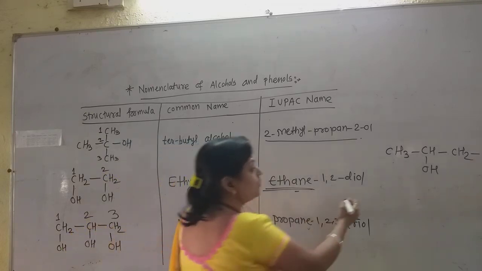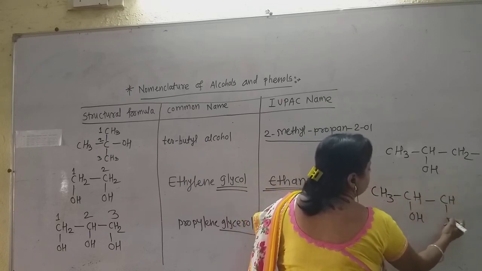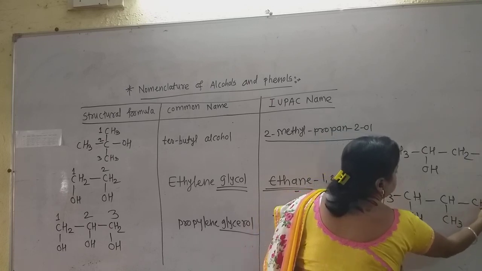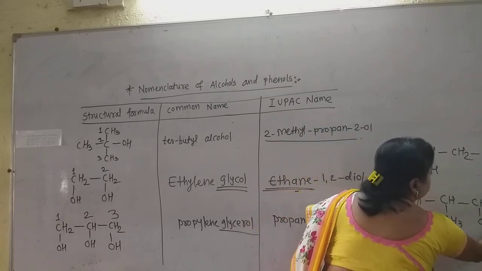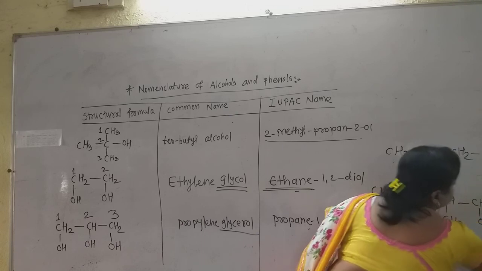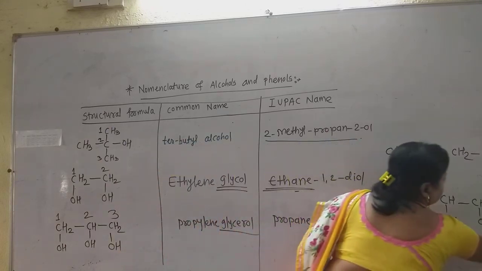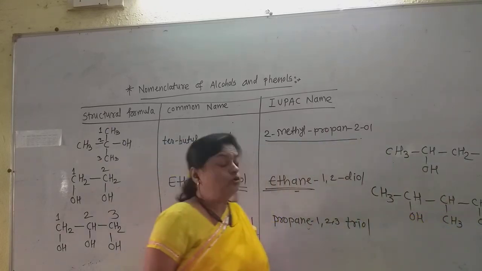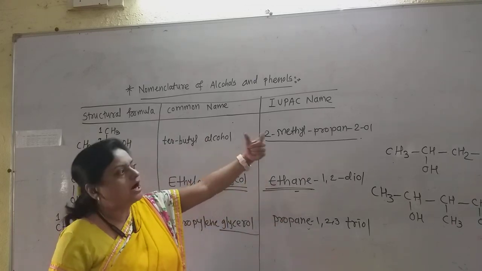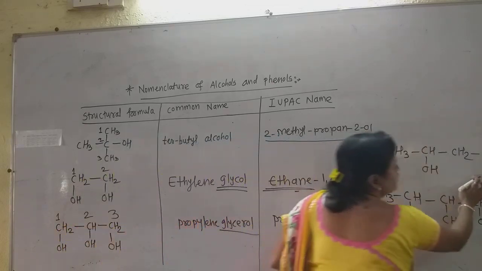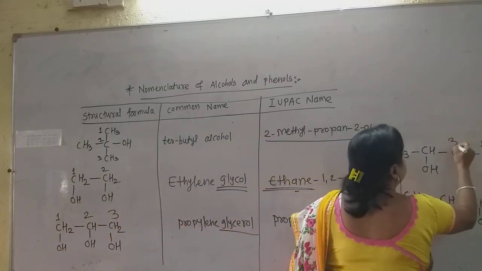But if such type of example is there, CH3, CH, and if this contains OH group, again there is CH2, CH3. Suppose this type of triol or diol is there. Consider the triol again. Now, from which side the numbering is given, that is very important. The lower example is harder. The upper example is easy. You give the numbering from this side because there are two OH groups nearest to the right hand side. So give the numbering as 1, 2, 3, 4, 5.